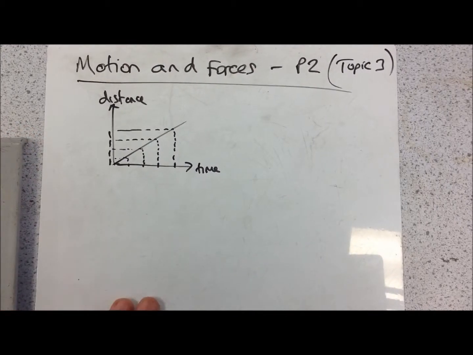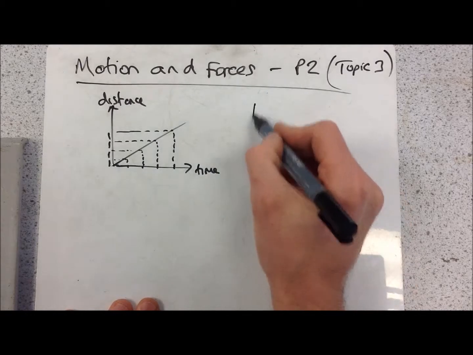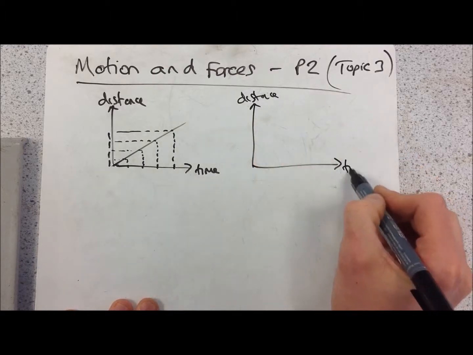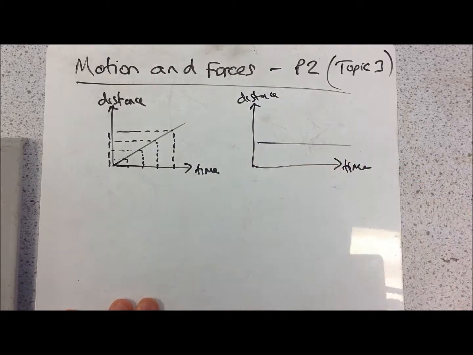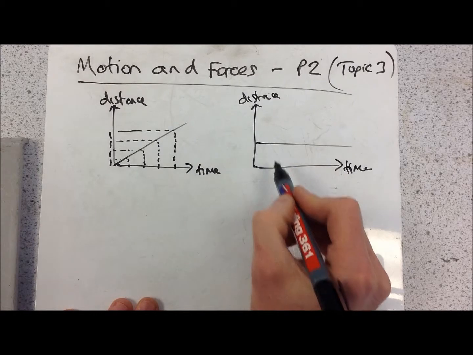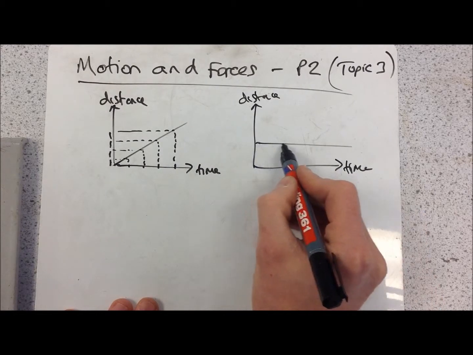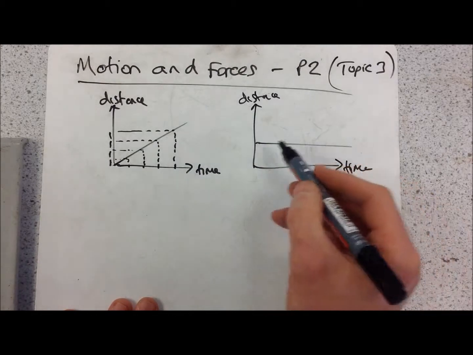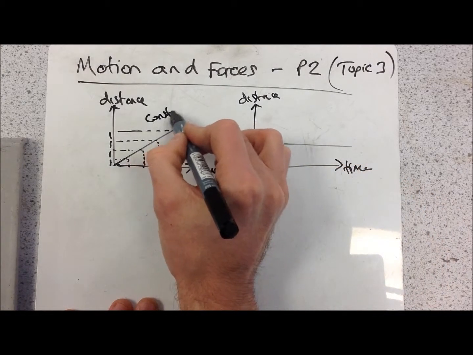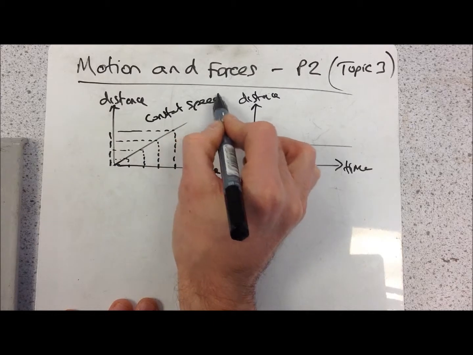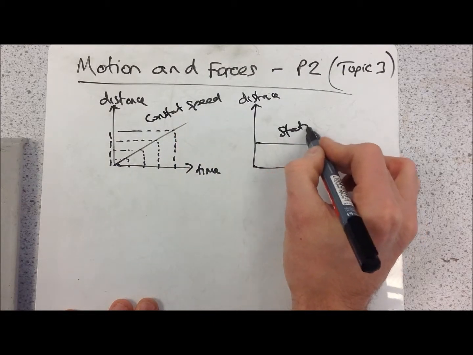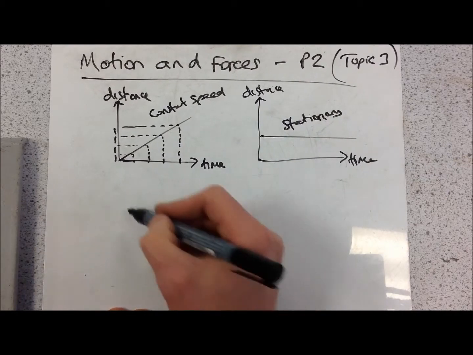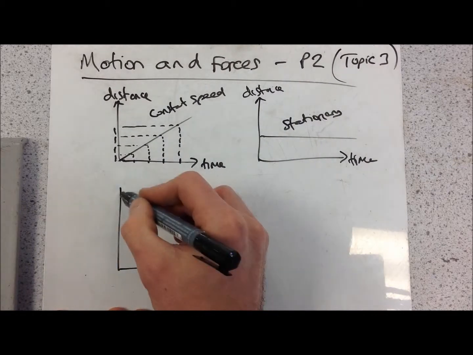Now if I drew a line like this on a distance time graph, straight across, well, as time is going by, the distance of this object from some start point isn't changing. So this one is constant speed, and this one is stationary, still, stopped. Okay, a line like this,